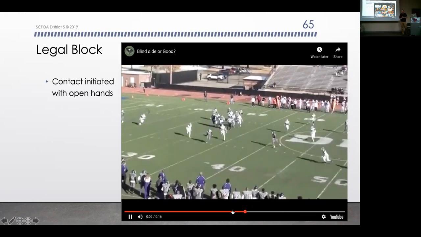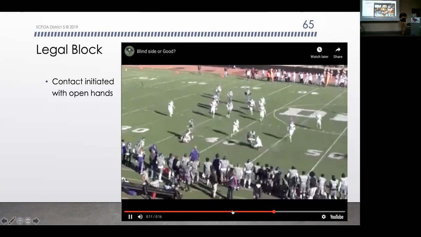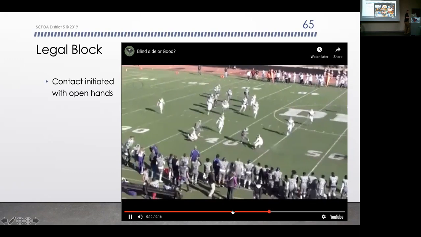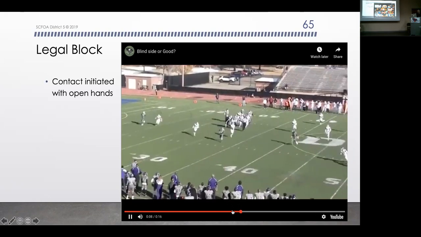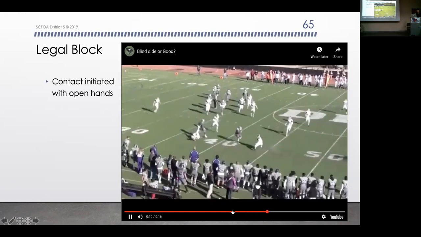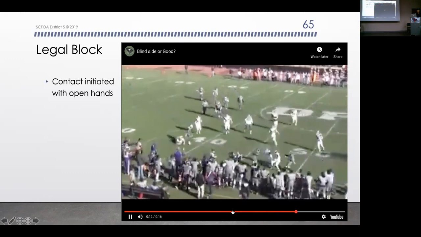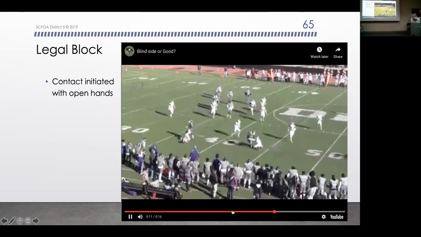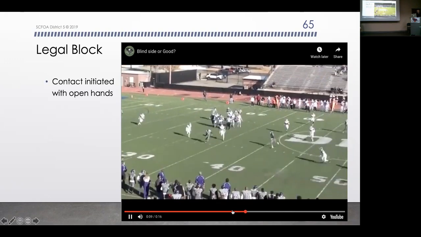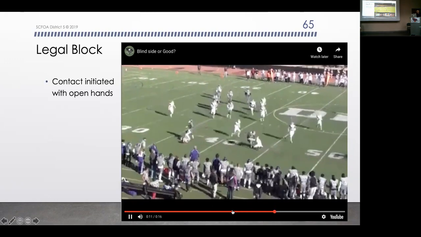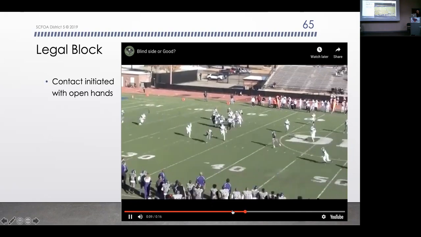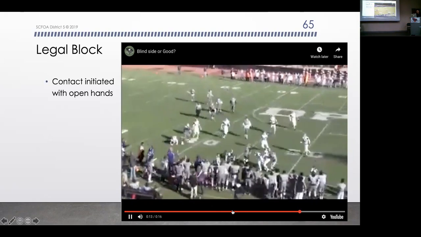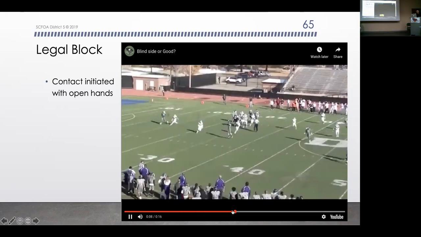Yeah, quick question, just for clarification. You were saying if the guy comes from the front, it can't be a blindside block. So if he's in this other one, I thought it was just that the blocker was in front of him. He saw it coming. Like literally in front of him. Well, they'd have to see it coming, though, regardless. So like this guy right here. By definition, it says if he does not see the blocker coming, doesn't matter what angle. If he's looking at it,